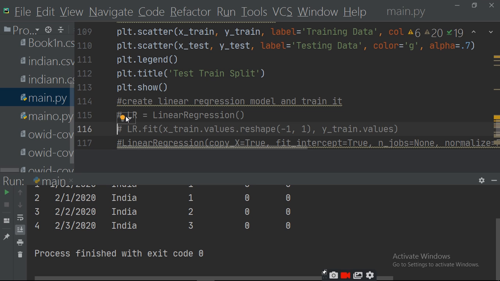For that we take object LR as a linear regression by taking the function LinearRegression, and then we feed this data into xtrain values, reshaped by -1, 1 to show the data in one either row or column, and then ytrain values, and then